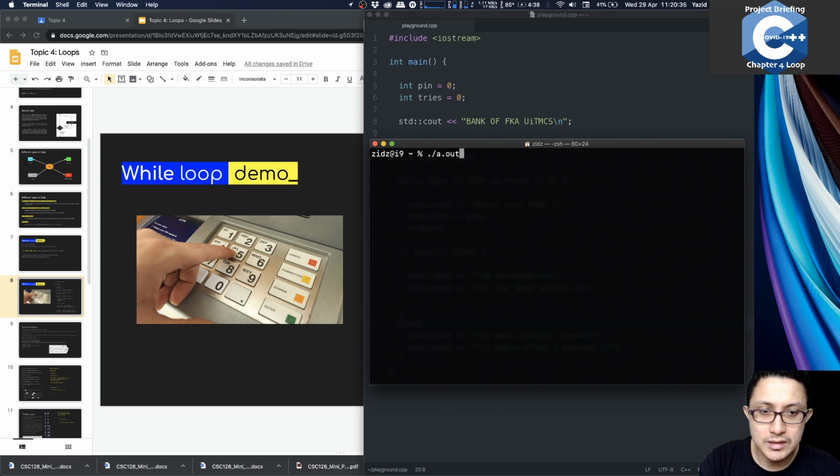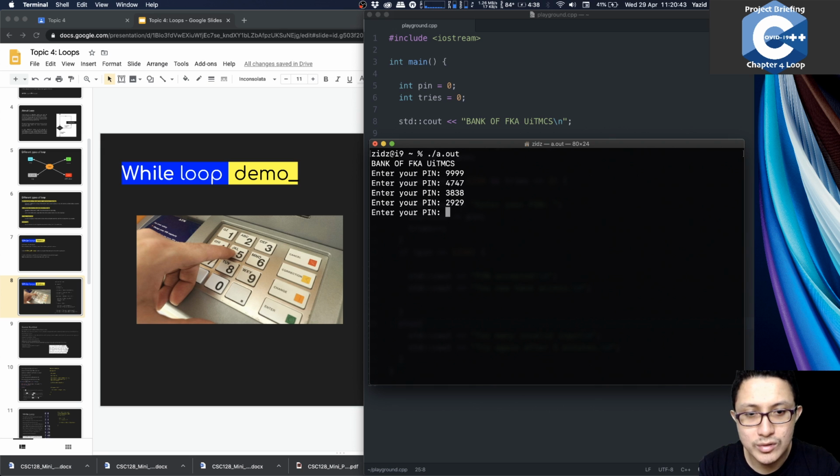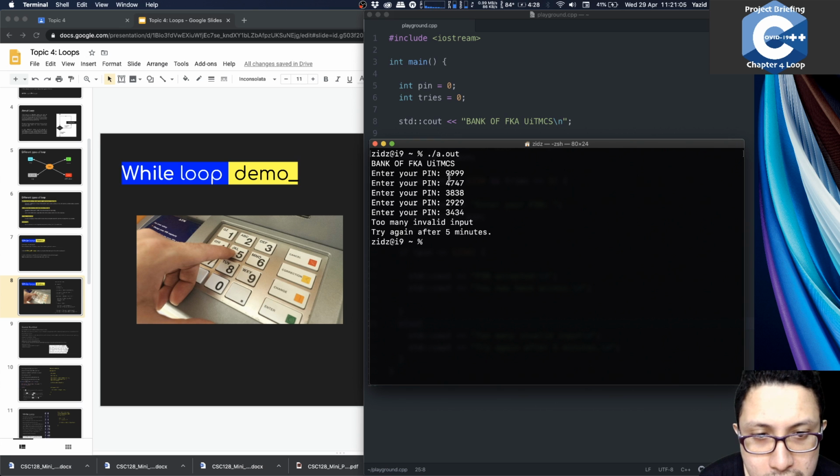Okay, let me retry with multiple input first. 47, 37, 38, 38, 29, 29, and then this is your last chance. Basically I will tell you why you can only enter 5 times, and then the program will end the code for you. Let me do the incorrect password once again. So this is the final input that you were allowed to do. You can only input 1, 2, 3, 4, 5 times before your code